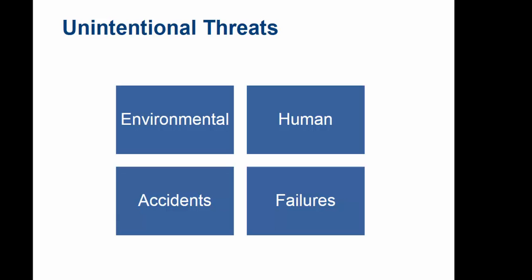These include, as we mentioned, threats can't be eliminated. They're always present. And if you look at the unintentional threats, especially the environmental, as we mentioned, thunderstorms, there's tornadoes, there's floods, and then, of course, there's the human factor where people can unintentionally do things to bring in a threat, make a threat